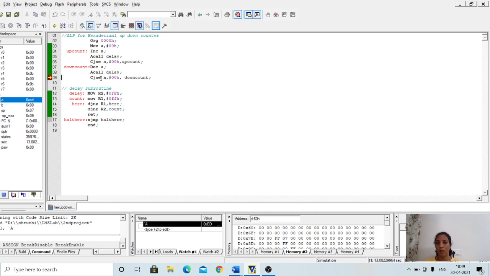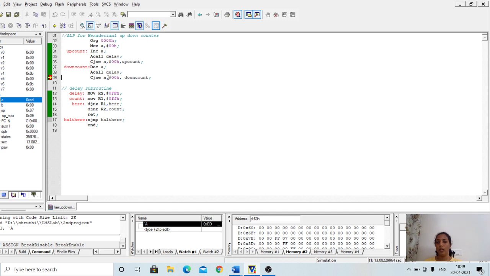Compare, jump on not equal. You are comparing the content of A with 0. Since it is not 0, see, ed is not equal to 0, the condition becomes true. So it keeps executing these three sets of instructions.